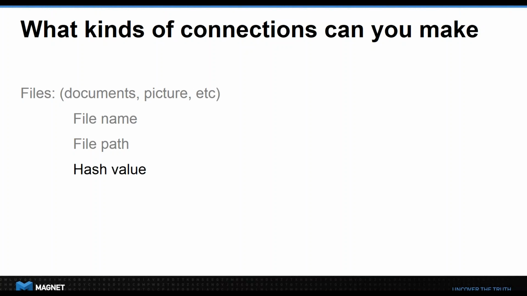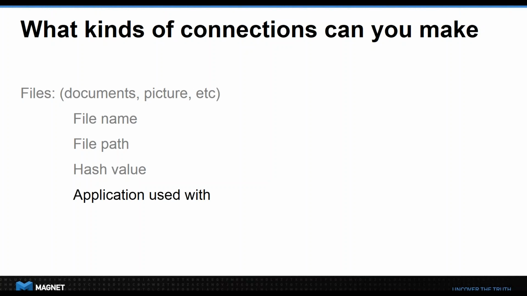We can look based on the hash value and see what other files are done with that hash value. And here's the thing. As examiners, we're all doing this all the time. We're saying, all right, I have this file name, where else does it exist? And we're pivoting on a keyword search. Or I have this file path, what other artifacts exist with this file path? Or I have this hash value, what else exists with this hash value? But we spend a lot of time doing this manually when this is a concept that can be done programmatically